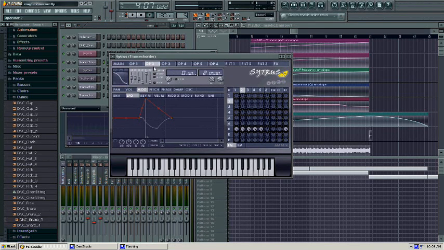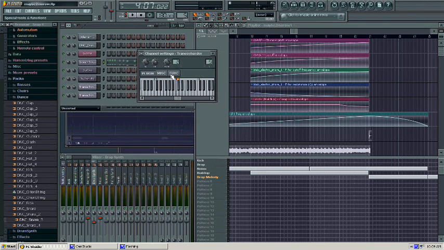Here's for operator 2. Kind of a slightly sloped sine wave. First 2 are around the middle, drops off, goes back up. Here's operator 3. Match your sliders to this. And operator 4. Match your sliders to that. I didn't change operator 5 at all. I liked the way it was sounding once I got to operator 4, so I kept it the same.